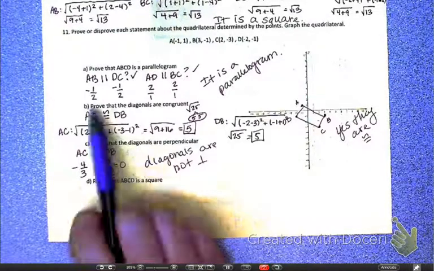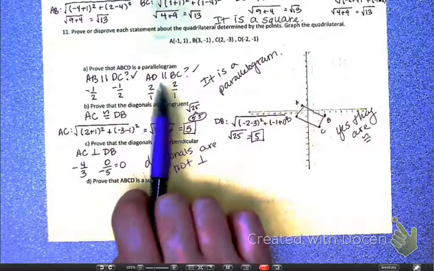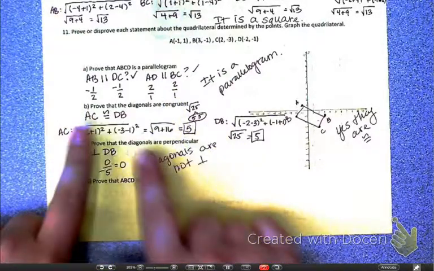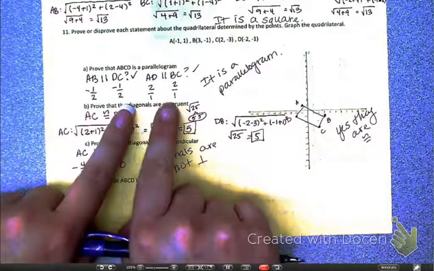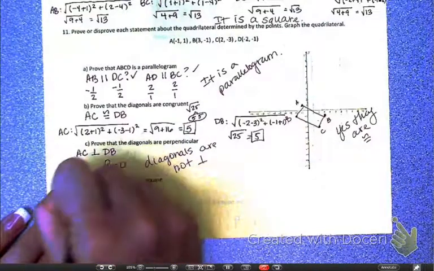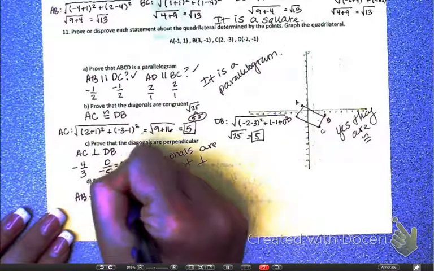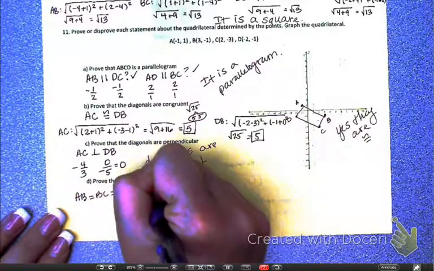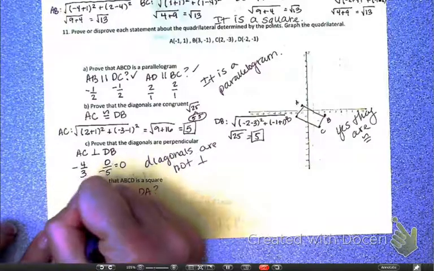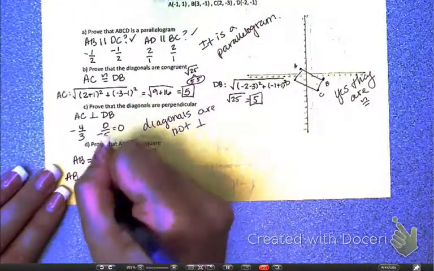That's not hard, because you already have the slopes. And we can look at it. We know the opposite ones are going to be 90 degrees, right? You'd have to write that out. But let's show that AB, well, we need to show AB, BC, DC, and DA are equal. So let's start with AB. Okay, we're using the distance formula. So for AB,